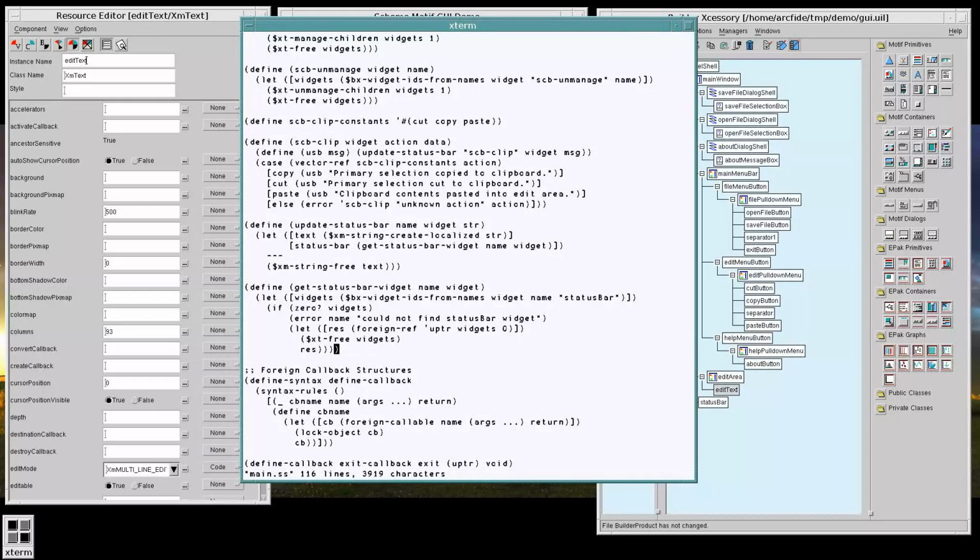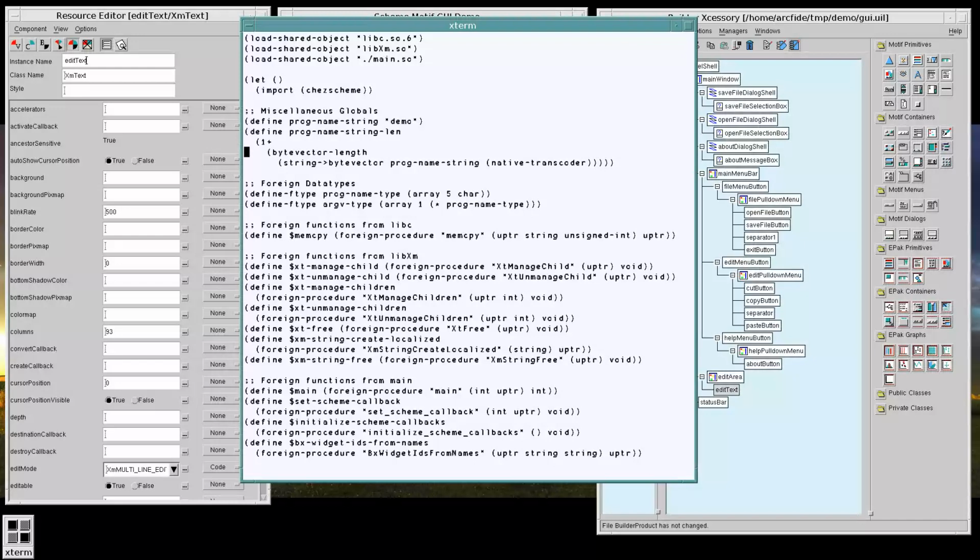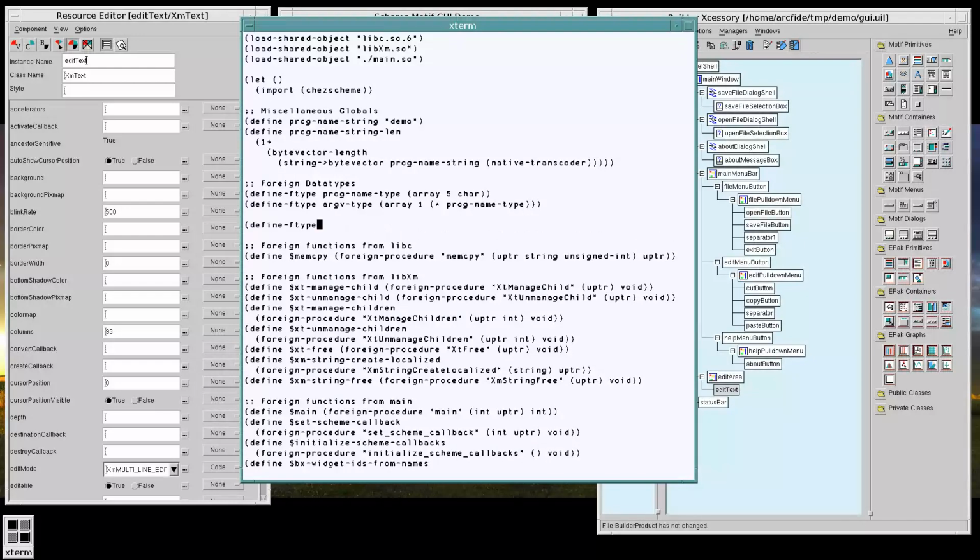So now we've got access to the status bar. All that's left is to update the status bar with our newly created text string. Unfortunately, that's not going to be quite as easy as it looks because we're going to have to handle an argument list. And in Motif, an argument list is a normal array of args, and each arg is a structure that contains 2 pointers. So we're going to actually mirror the structure that comes in on the Scheme or on the C side using the ftype function. So an ftype, an XmArg type, is just a structure with a name and the value pointer. And we want to be able to create arrays like